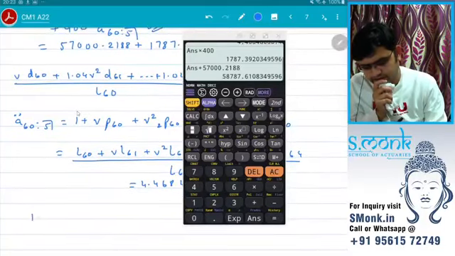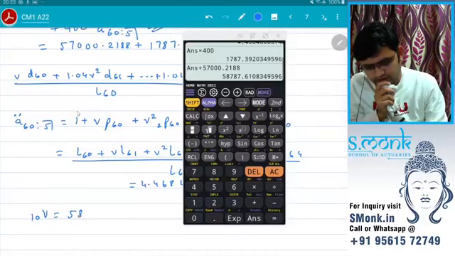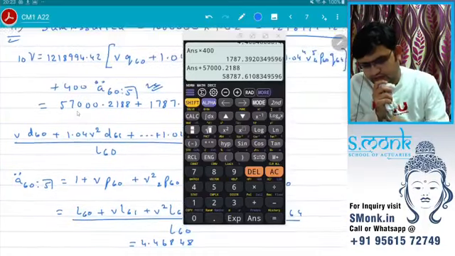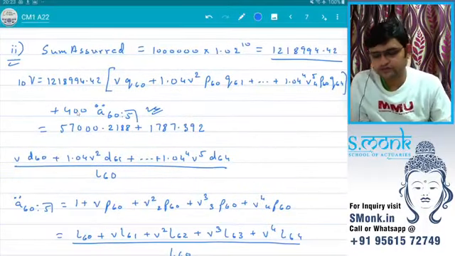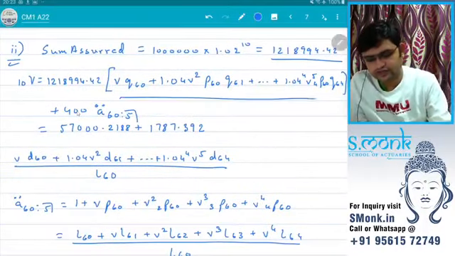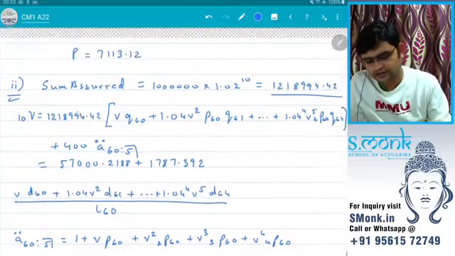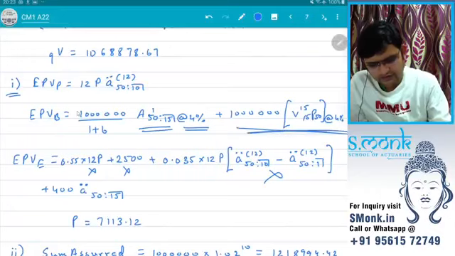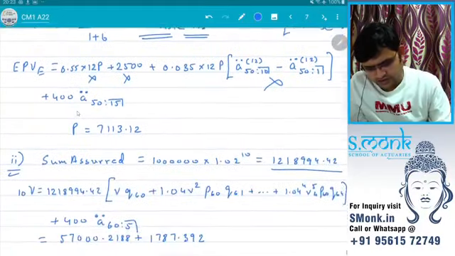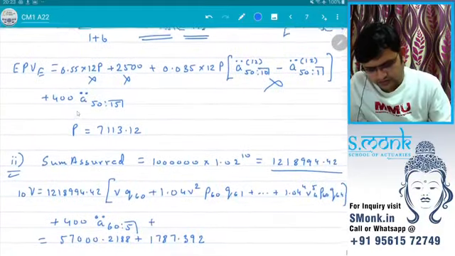So the reserves at the end of 10 years would be 58,787 point. Okay, I did not take one thing. I did not take the survival benefit into account, right? This was the death benefit. What about the survival benefit? Yes, we do have a survival benefit also. So I forgot to take that into account. So plus